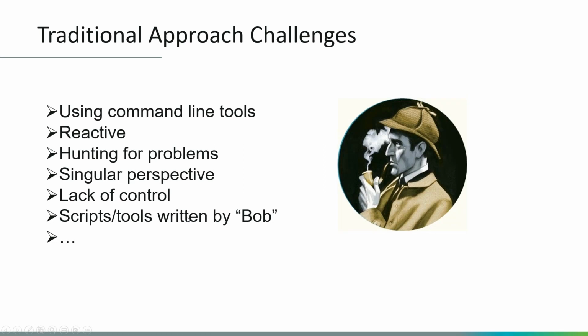And then finally, there's a whole set of tools and scripts that have been written by Bob, right? Well, who's Bob? Well, yeah, that's actually the question. Nobody actually knows who that is anymore, because he's gone off to some other job, works at a different bank and is doing the same thing for them now. And so you've got Bob's legacy, but nobody understands what the heck it is and what they're supposed to do. A new version of the underlying technologies comes out and you don't know what to do, right? So basically everybody needs to be Sherlock Holmes in order to make it happen.